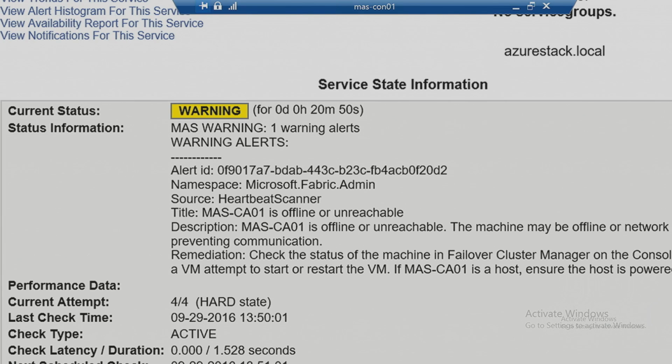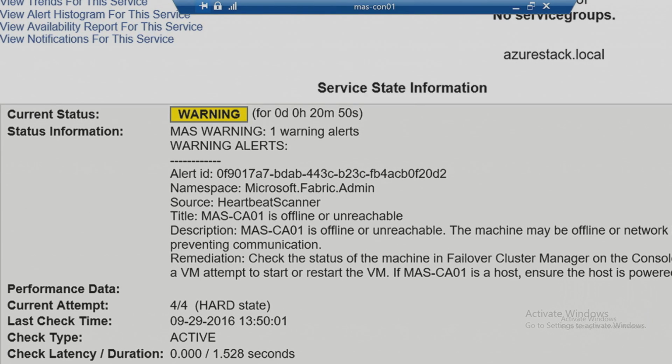What's the namespace, the source, the title, and the description, and the remediation steps. That's exactly what you have seen earlier in the API. So that information comes straight from the API. So the API is the single source of truth. No matter if you're going to use the Azure Stack portal, API, PowerShell, or external monitoring tool, they all show the same information. And you can retrieve them, in that case, through Nagios.